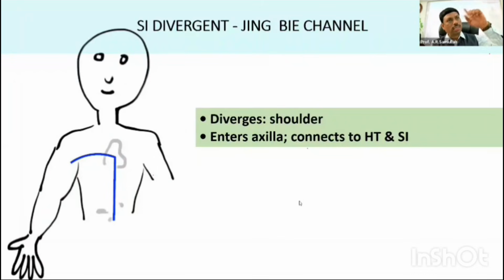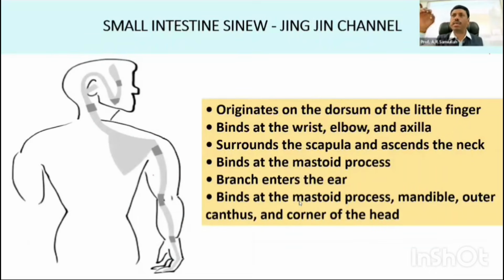Where does it start? It always starts from the axilla region of the small intestine meridian. It starts from here and reaches to the chest. From the chest, it goes to the small intestine, where the energy terminates. That is known as the small intestine divergent meridian. The sinew meridian is another meridian. Sinew meridian means the tendinous meridian, the musculotendinous meridian, or the fibrous connective tissue meridian.